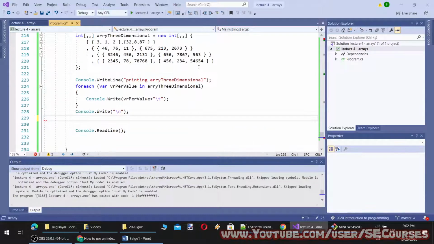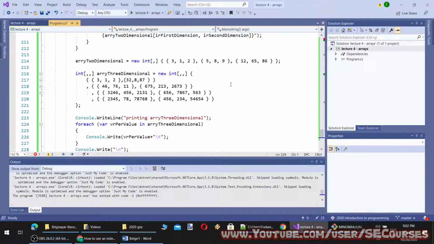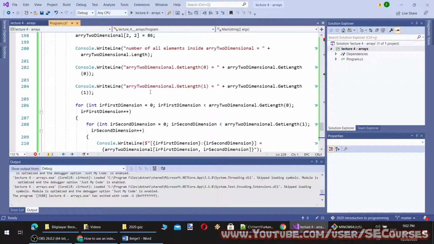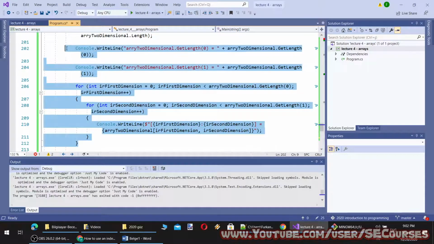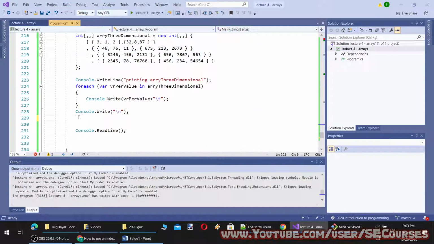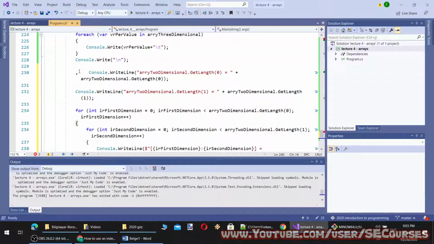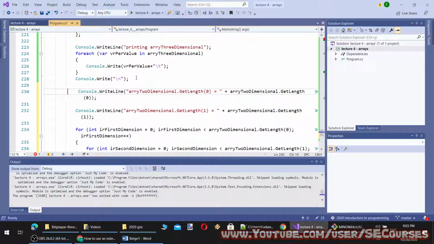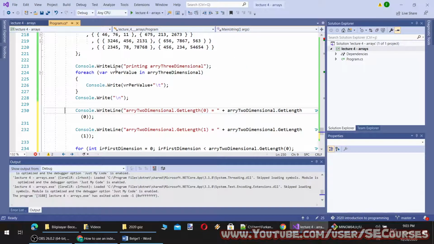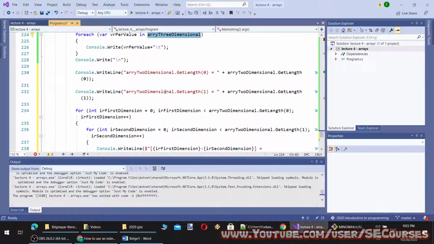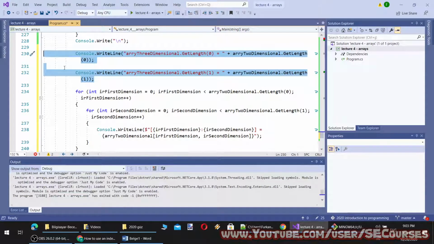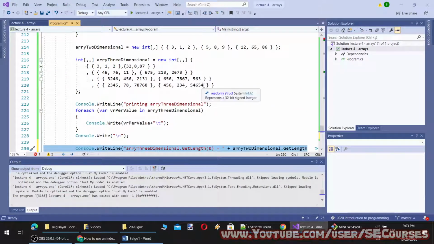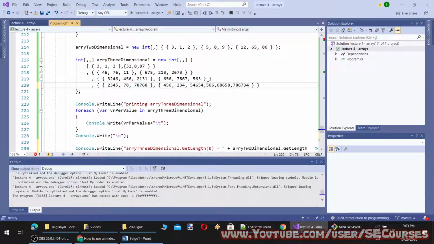However, we have displayed how to iterate each element. Given that I know the dimension count, I can also do it like this. I will show you. I'm just pasting a three-dimensional array here. If you know the dimension count of the array, let's make it like that.